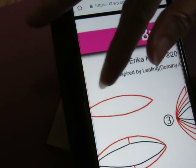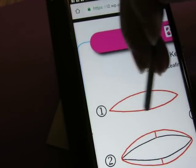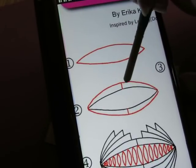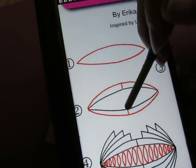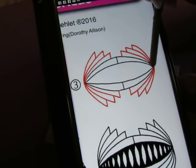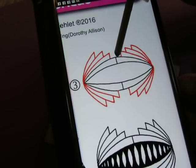So the first thing we're going to do is this big rice shape. This one here like that. Second thing we're going to do is on the outside of that we're going to put an echo with a little line here like that. And then step 3, we're going to then come up and across like this. So we're following this shape